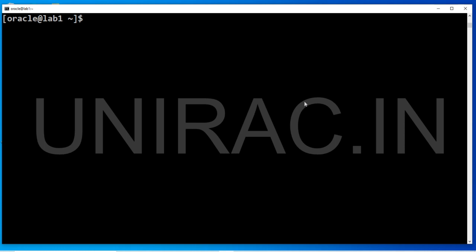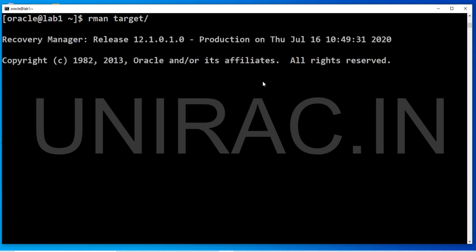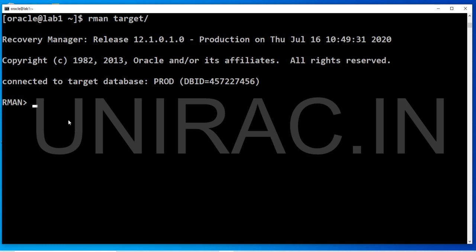We can describe even a table structure. Same how we work in SQL Plus, we can execute the statements in RMAN now from Oracle Database 12c. You can connect your database using RMAN target /. Getting connected to the database, you can see connected to target database prod.